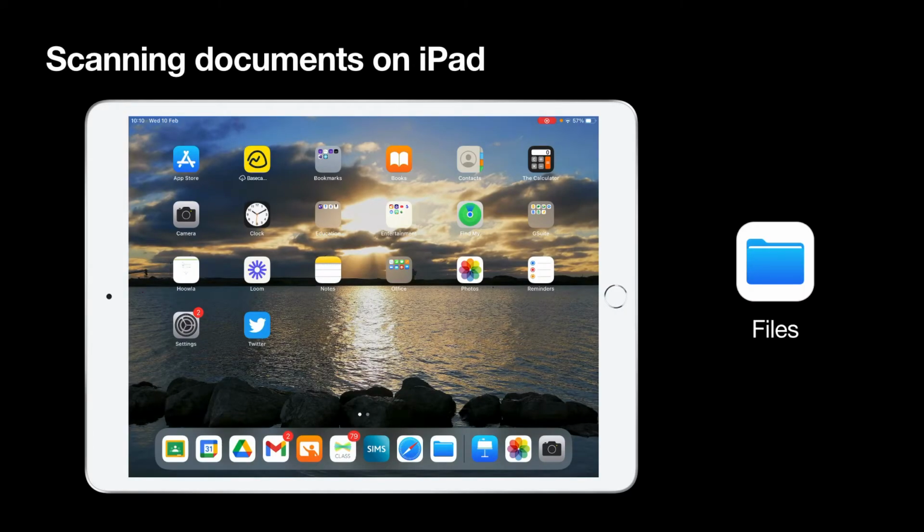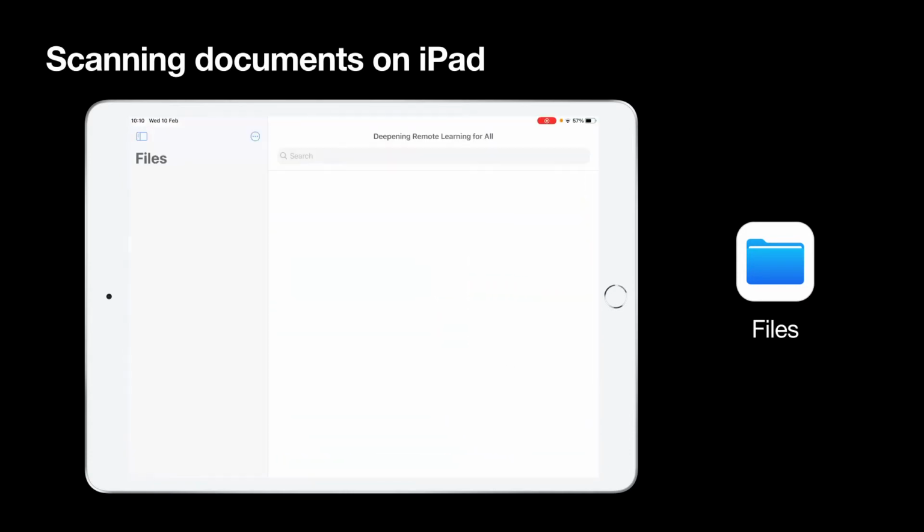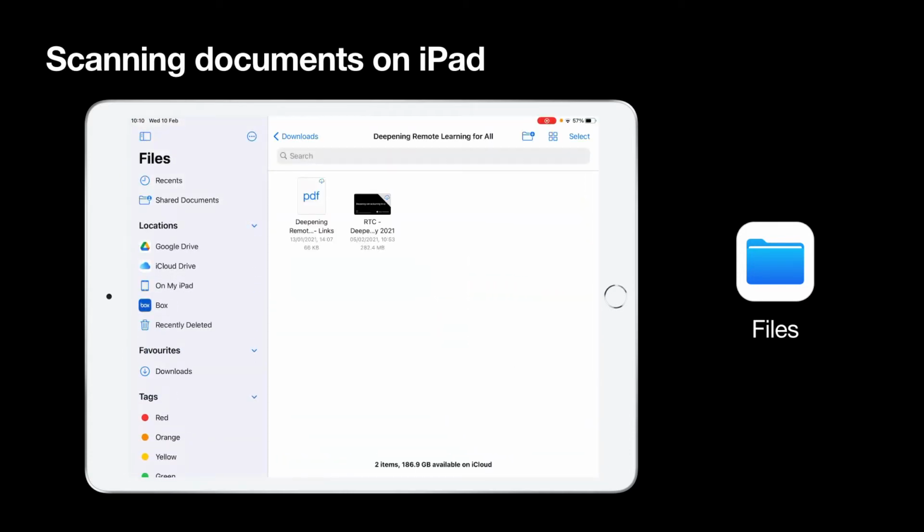If you have a learning platform, there's a really useful tool for very quickly uploading documents or images. Every iPad has the Files app, which looks like this. At the top, just above where it says Files, there's a little circle with 3 dots. If you tap on that, you can tap on Scan Documents,